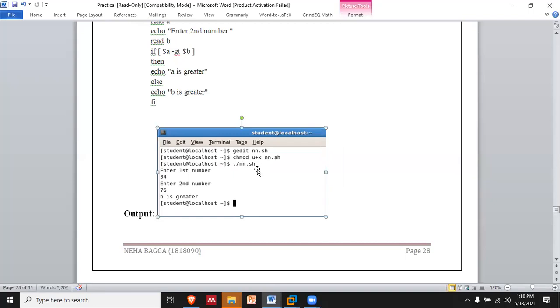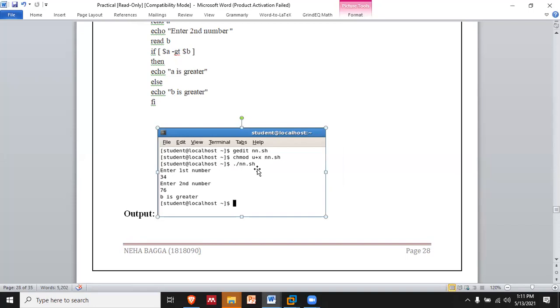When you run the code, please make sure that the file name ends in .sh, since it is a script, right? Depending on the file, if it is a .c file, then the execution is different. It is a shell file, so we run it by using ./ and then the name of the file, nn.sh, in our case.